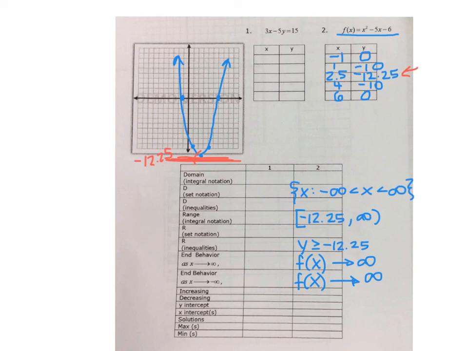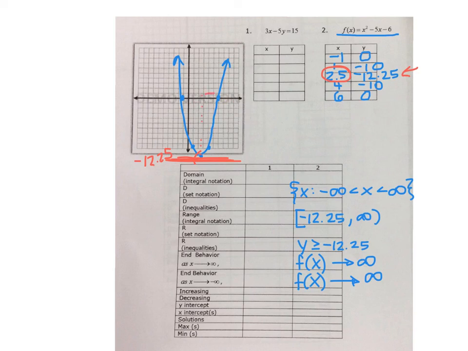Okay, where is it increasing? Well, increasing means moving up. So this function is increasing from here up. It is decreasing on this, and it is increasing here. So it is increasing from this point up. So I know this point. Where is it increasing? It's increasing from 2.25 all the way. Why do I get the 2.25? Because of my vertex right here. So I am increasing